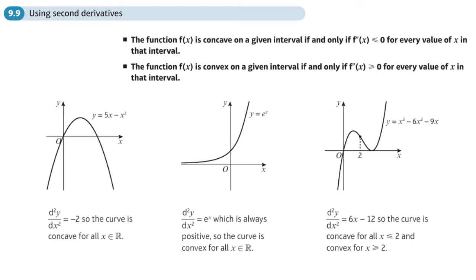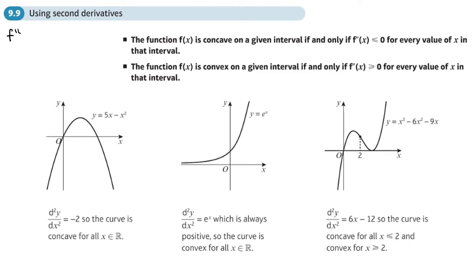So this is the 9th section of the differentiation chapter, and this is all about identifying which parts of a graph are concave or convex, or maybe it may be neither of the two, or it may be changing between the two. So the way that we decide if a function is concave or convex is we need the second